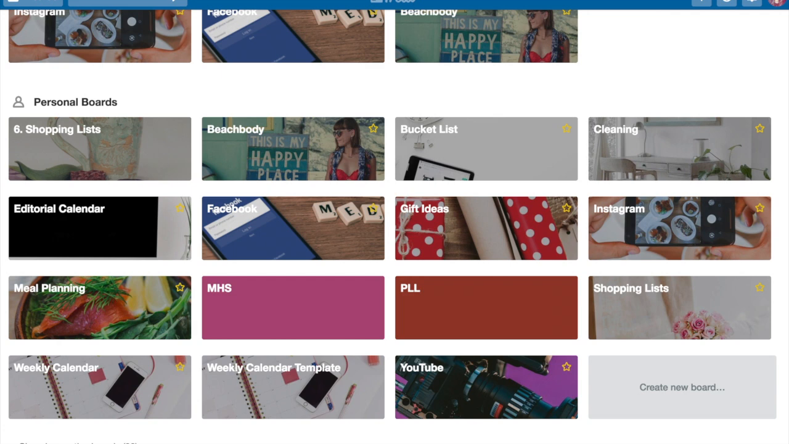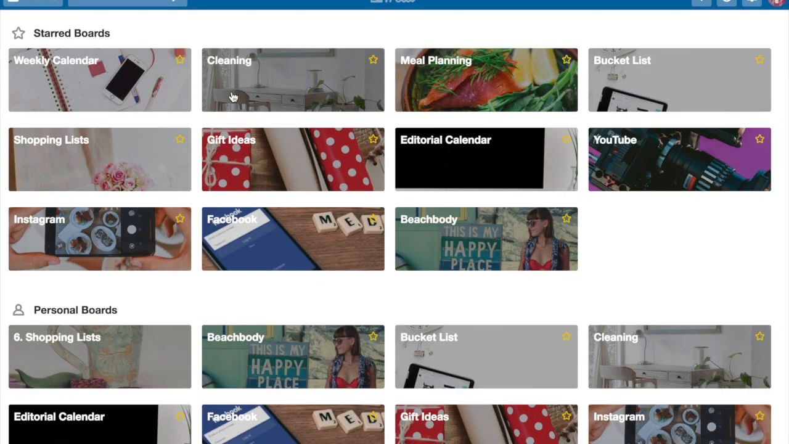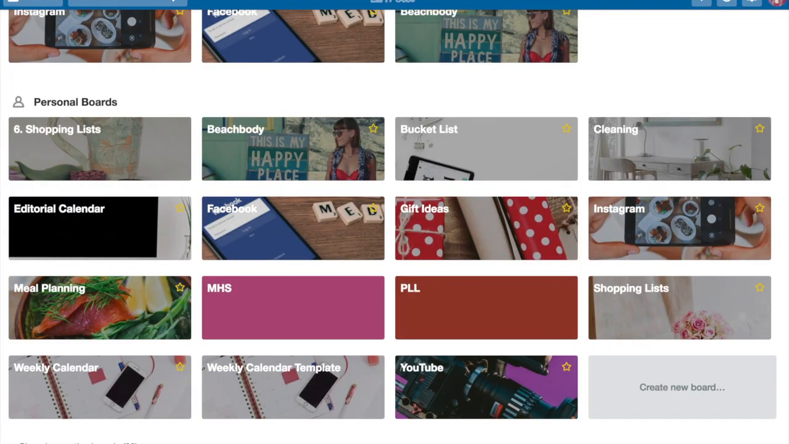I've thrown in the editorial calendar, Facebook, Instagram, and YouTube, just in case you guys are content creators and you want to use those. If you are not and you just want to use it for your personal use at home, just disregard these. You can actually archive these boards so you don't have to see them in your personal boards list. And so all of the boards that I just showed you are included in the templates. So if you want to use these templates, all you would have to do is just download them. And when you